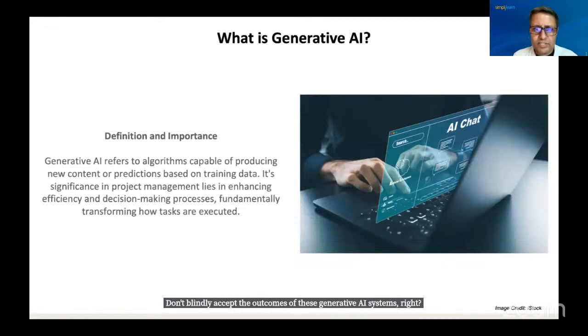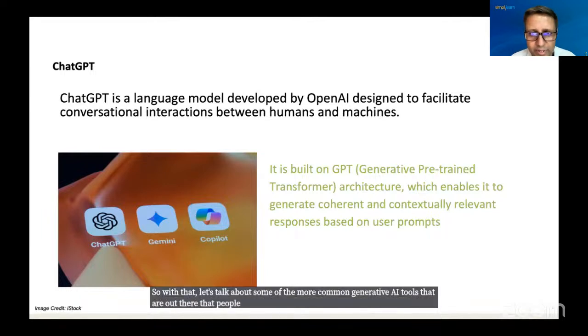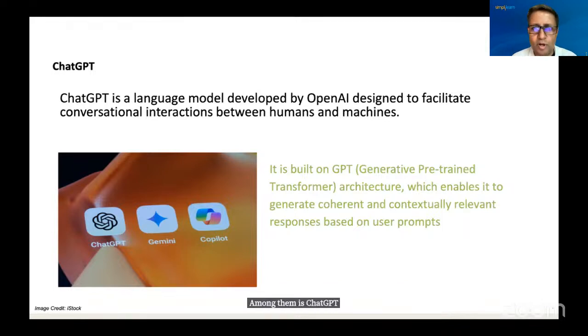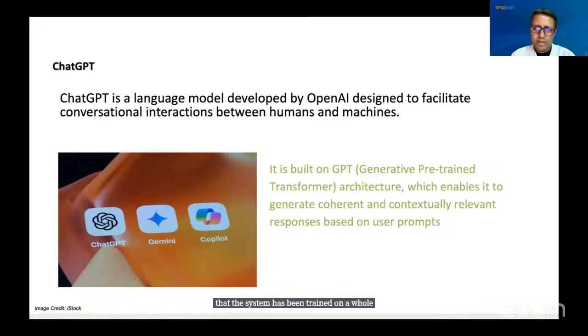So with that, let's talk about some of the more common generative AI tools that are out there that people have started using quite a bit in various situations, right? Among them is ChatGPT, which was probably among the first to actually become publicly accessible, based on an open source model developed by OpenAI. And GPT here stands for Generative Pre-trained Transformer. Won't get too much into the technical jargon behind that, but you should know that this essentially means that the system has been trained on a whole host of parameters, and it continues to learn as people interact with it,